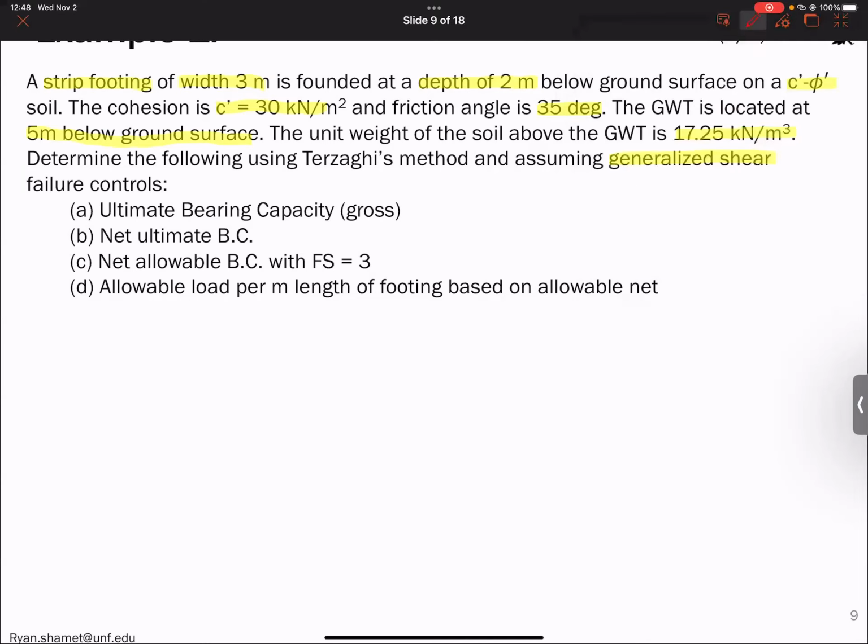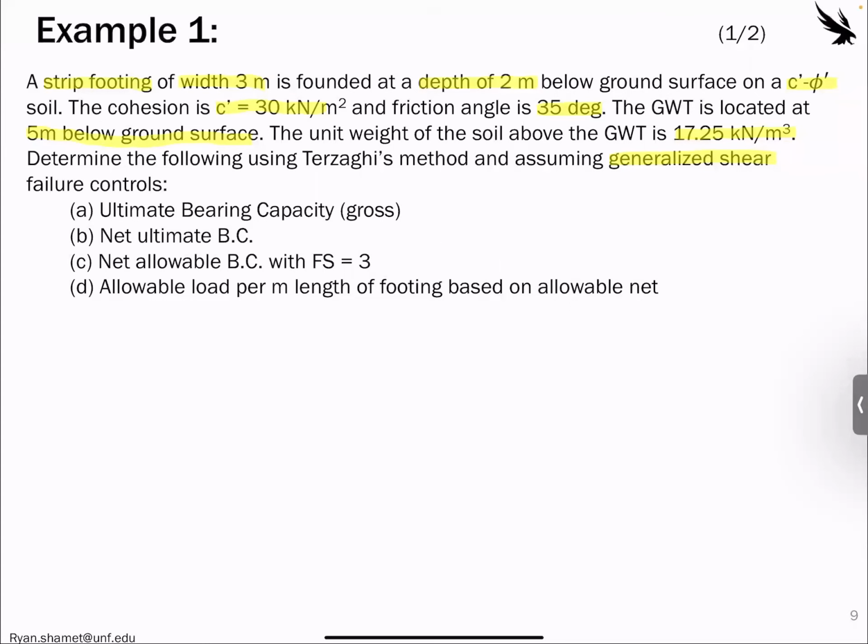So we need to find the ultimate bearing capacity, the net ultimate bearing capacity, the net allowable bearing capacity with a factor of safety of 3, and the allowable load per meter length of footing based on the allowable net. So let's first draw this out just so we can get an idea of what we're working with here. So we have a footing